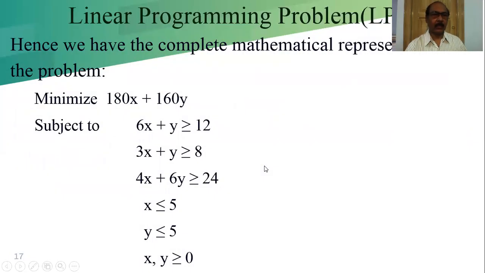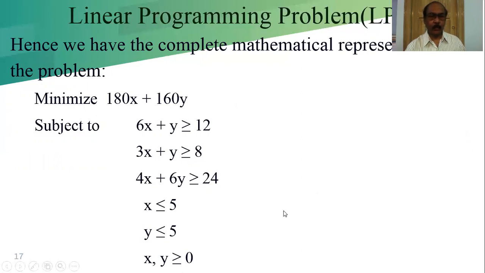Subject to the constraints, we can write this as: minimize Z, subject to 6x + y ≥ 12, 3x + y ≥ 8, 4x + 6y ≥ 24, x ≤ 5, y ≤ 5. Instead of this, we can write x ≤ 6 and y ≤ 6. When we are writing less than or equal to 6, we have to write the